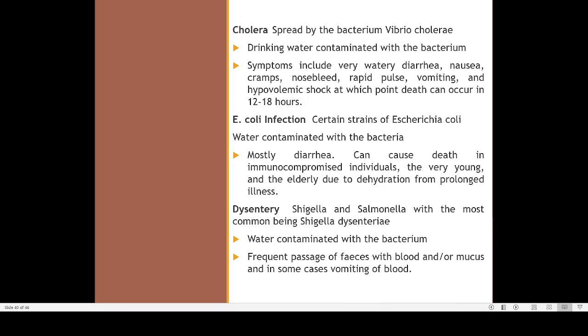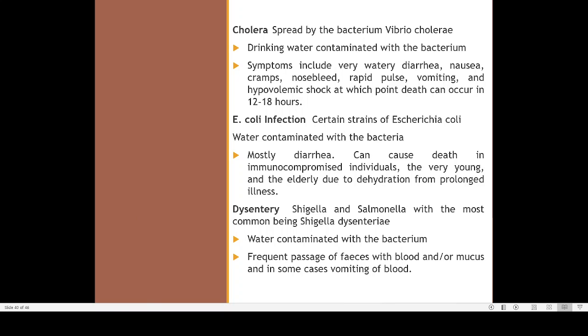So that is why any kind of diarrheal infection caused by E. coli, even a small one, can be dangerous in such people. So the elderly, due to dehydration and prolonged illness. Even though diarrhea for one day is okay, if it continues for so many days, it is going to kill you. So that's the problem with E. coli infection. Now another type of dysentery is the dysentery caused by Shigella.